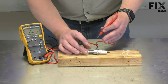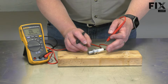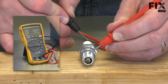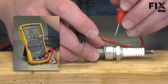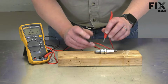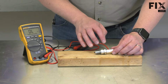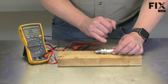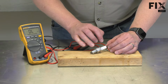The next test I'll do is to test between the two electrodes, or the two halves of the spark plug. This reading should be 0. This is testing for a damaged insulator. If I get a reading when I do this test, it would indicate that the insulator is cracked and voltage can leak through. Now this test doesn't always work because often it'll read good on the bench, or a 0